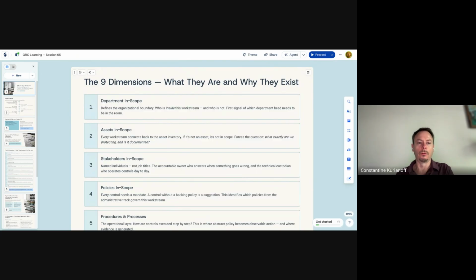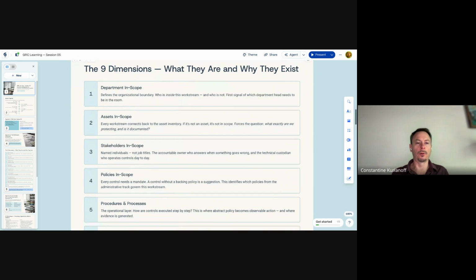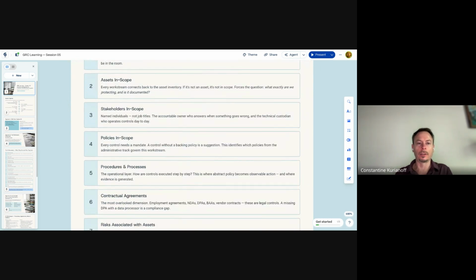But also it may be the head of legal or the head of procurement or whatever departments are there. And then it may be the operational officer. It actually depends, right?